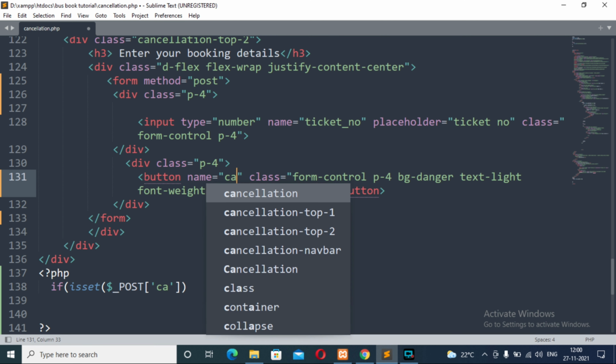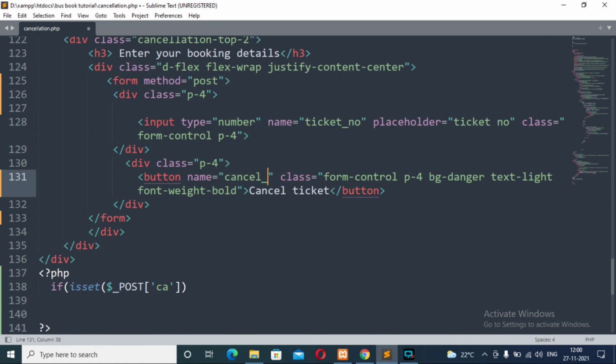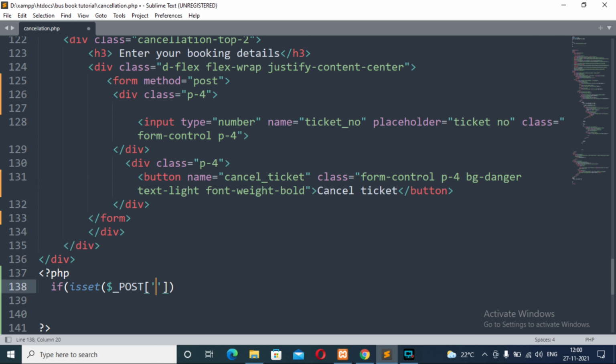Change this name to cancel ticket. It would be more convenient for further use. Now provide this variable inside a post variable. So I am copying and pasting it inside the post variable.